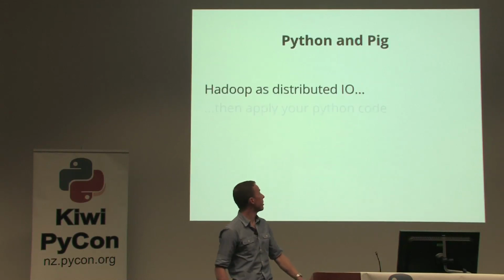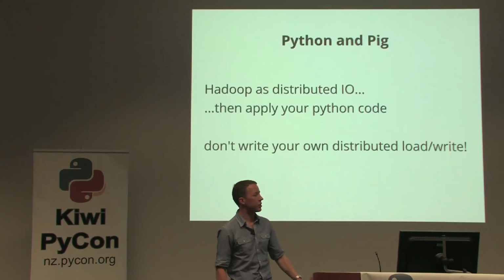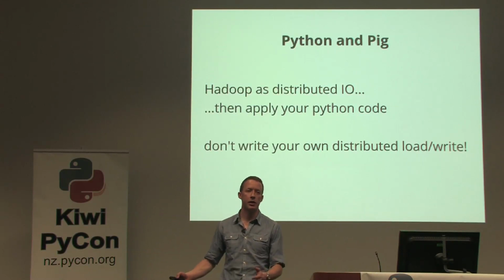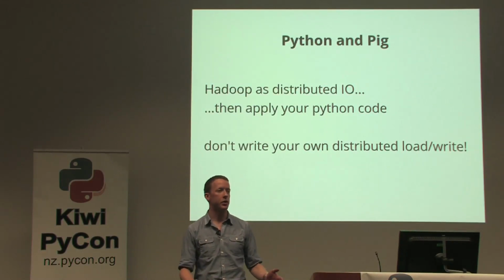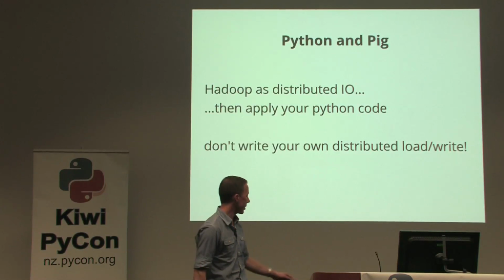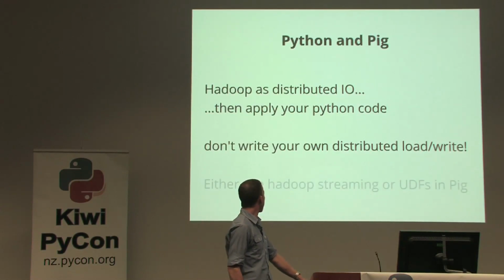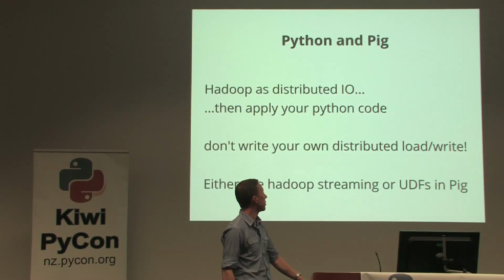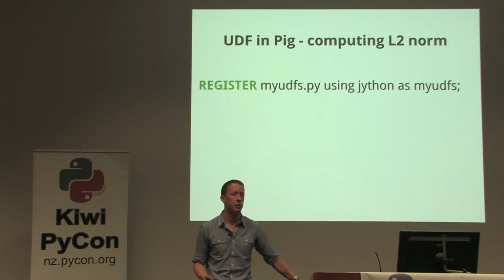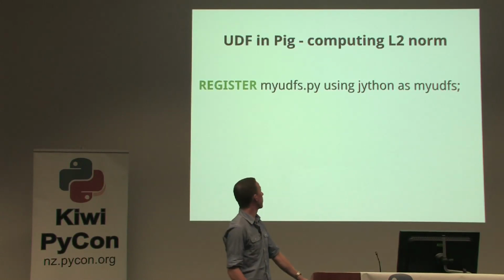So now the Python part. You can look at Hadoop as just a distributed I/O system. Start 100 machines, load 3 terabytes of data. Now it's all sitting there waiting to be operated on by Python. You can do that in 2 ways. You can either write MapReduce programs directly in Python, which is a little bit more tricky, or if you don't need to do maps and reducers in Python, you can just use Python as part of your Pig workflow.